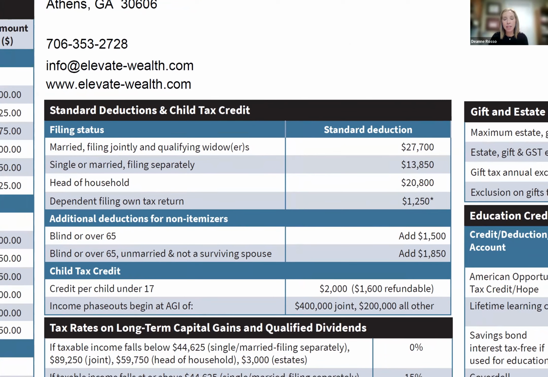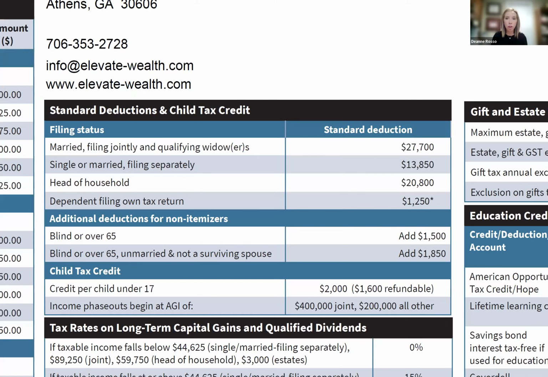So back in 2017, the Tax Cuts and Jobs Act was passed, and that started in 2018 with a new tax schedule, and the whole act was designed to make tax prep simpler. So how do we make tax return prep simpler? And one of the ways that the Tax Cuts and Jobs Act did that was to almost double the standard deduction. And it did away with a lot of the miscellaneous deductions that we used to itemize.